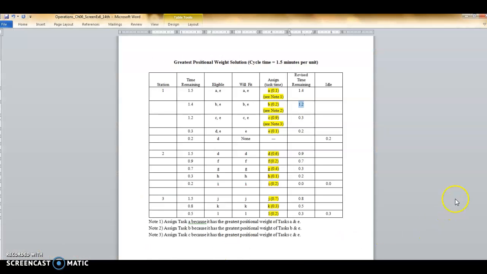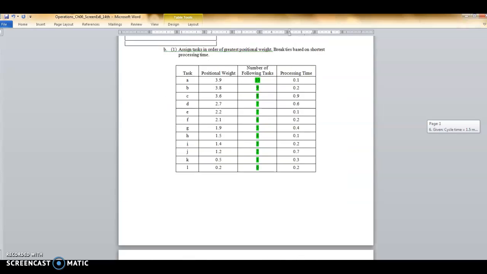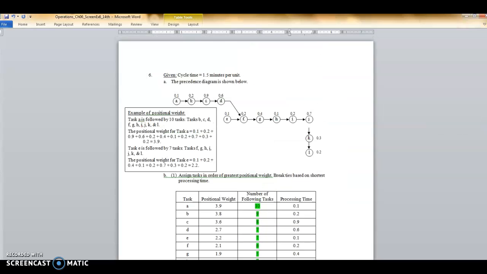Hello everyone. The purpose of this short video, and I tried to do this before with one problem and I didn't make it in 15 minutes, so I'm going to have to try to shorten the way that I'm going to do this. I'm going to do number 6. Number 6 is on page